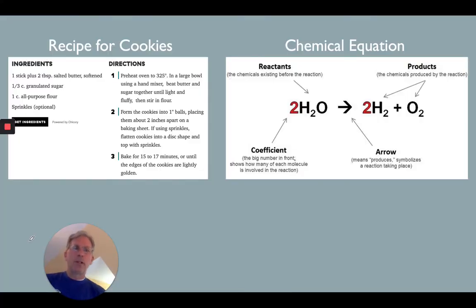Recipes and chemical equations have a lot in common. So let's take a recipe first. They give you a list of ingredients here. They'll tell you, look, you need some butter, you need some sugar, flour, sprinkles, and you know that you're